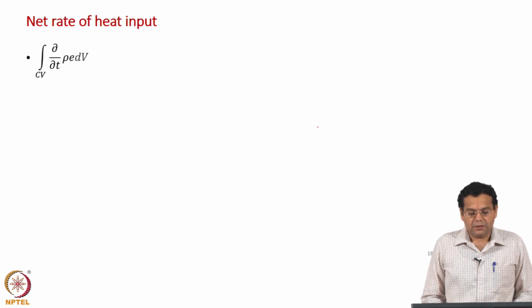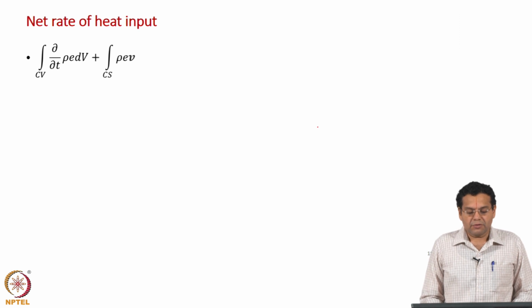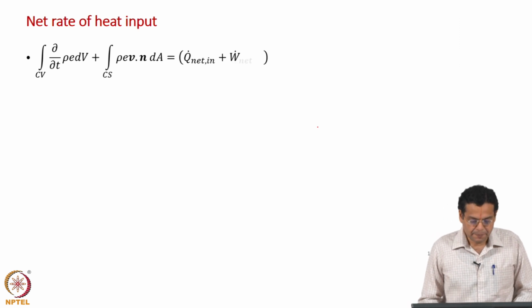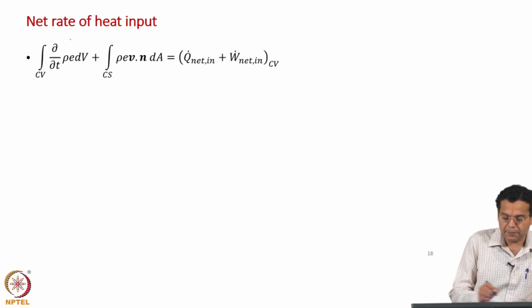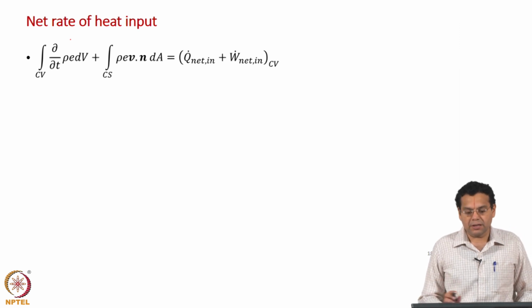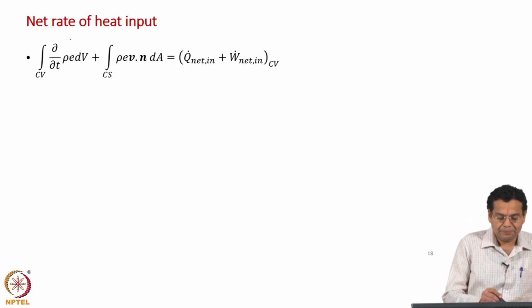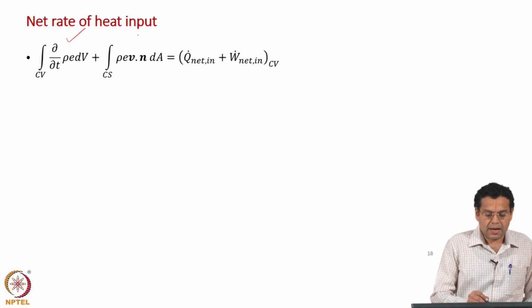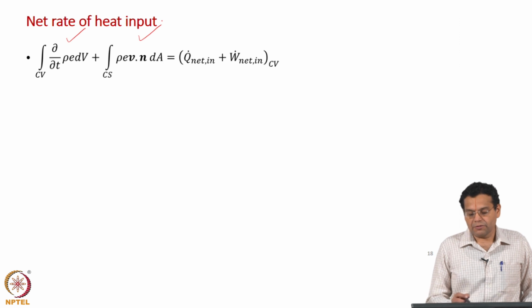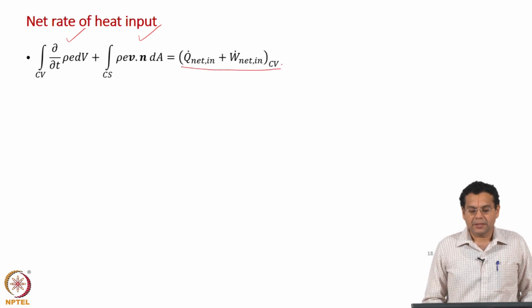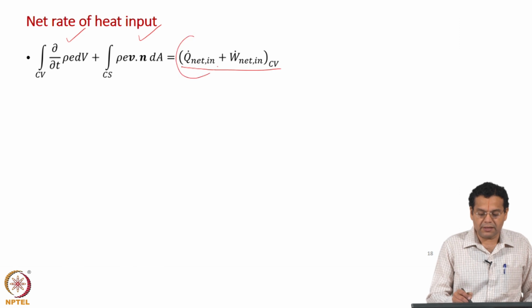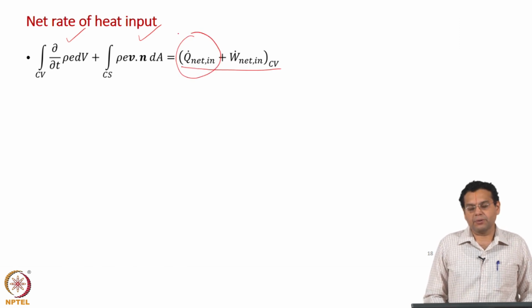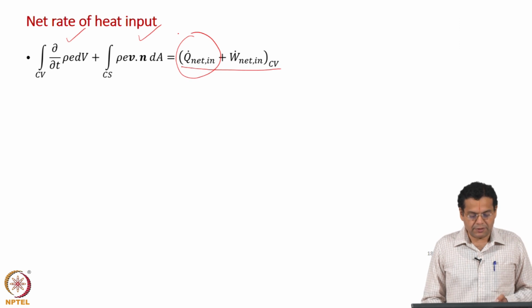let us go back to our integral form of energy balance equation. Let us see what we have done and where we should proceed further. Now, we have applied this integral energy balance equation for the small control volume. We have expressed the left hand side for the small control volume, both the transient term and the convection term. Now, we will focus our attention on the right hand side, and in the right hand side we will focus on the net rate of heat input or heat addition. Okay. So, what are we going to discuss now?